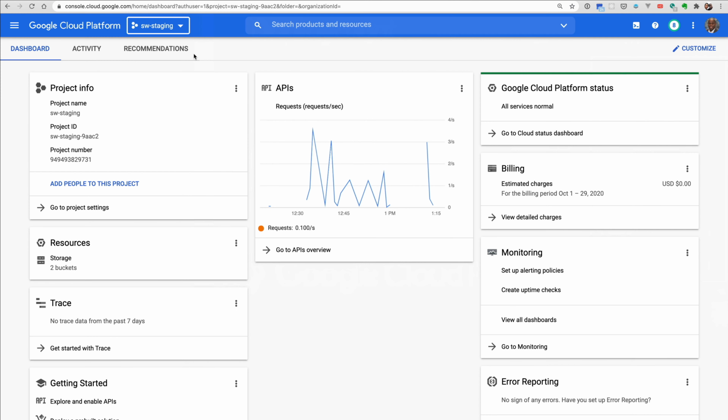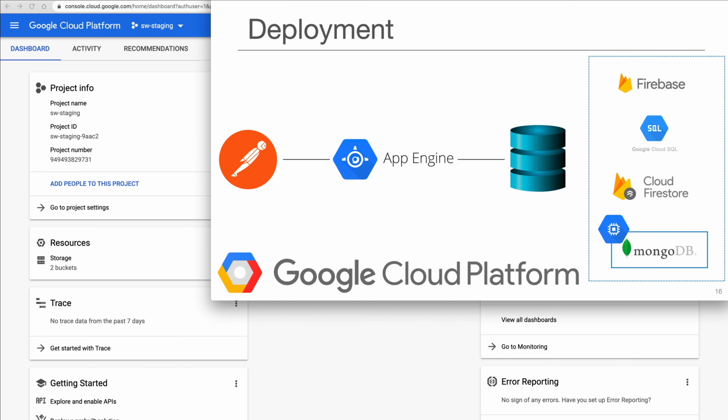So I wanted to make a quick video on how to set up MongoDB using Google Compute Engine. Some of you indicated that you wanted to use MongoDB as opposed to Firebase or some of the other solutions. If you recall, as part of our professional practice number 2 assignment, we do have to deploy to App Engine